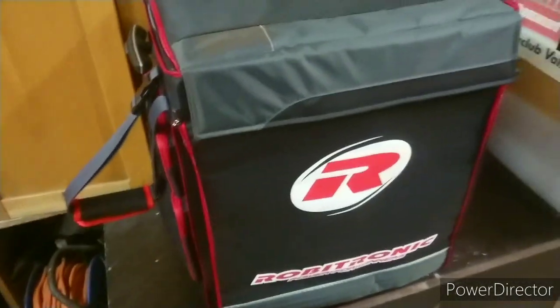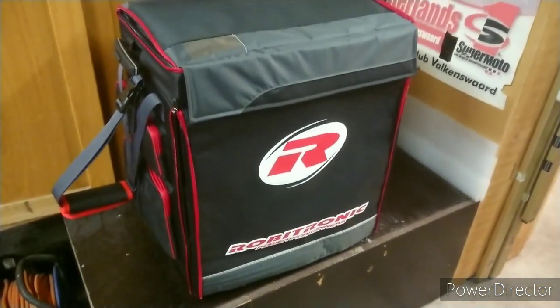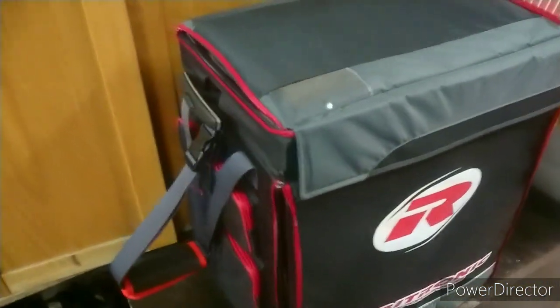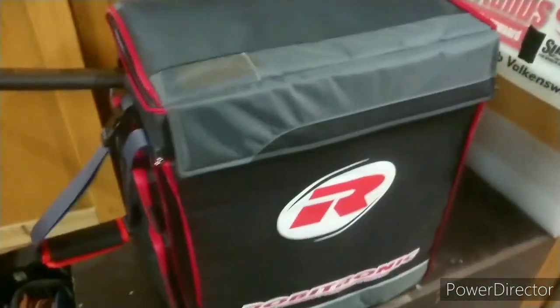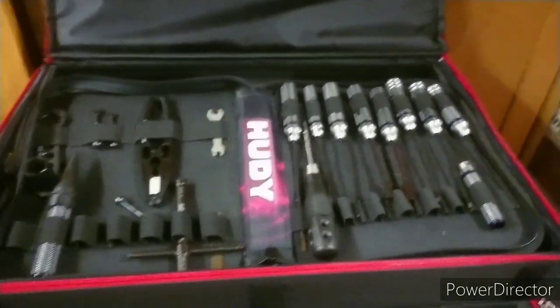And I also bought a pit hauler. Man, I should have done this way sooner, because this is so easy. No carrying around anymore. Just slide this out and pull all your stuff, because there's some wheels on here, and I got all my stuff in here. So on top there's all my tools,